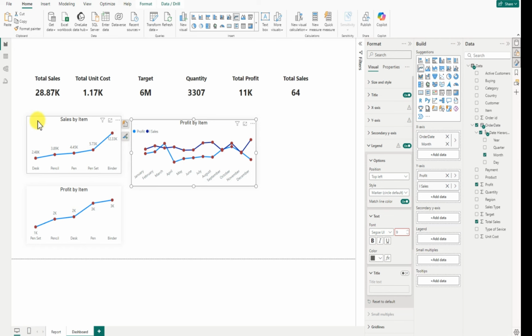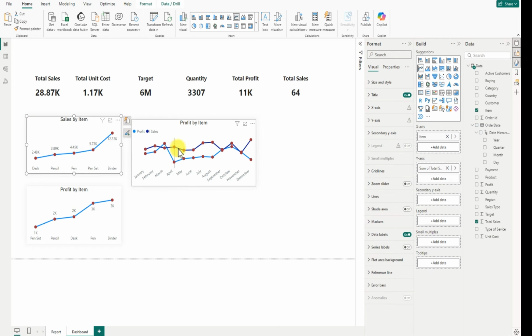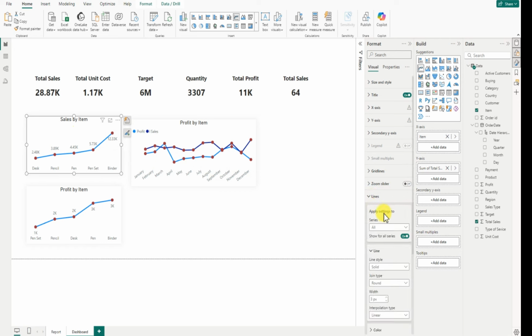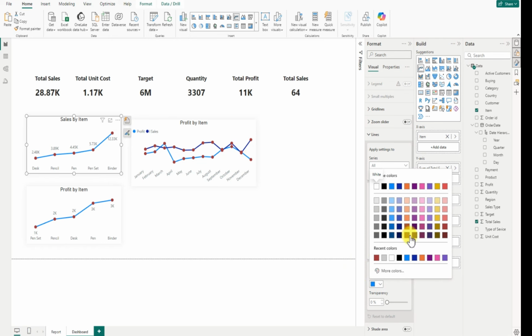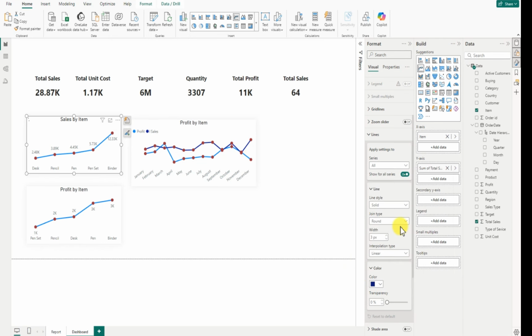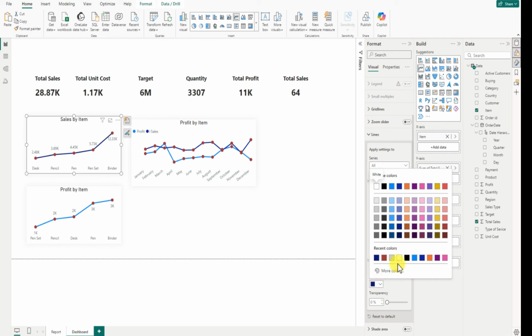So let's click on it. We want it to pick the color of this that we're having as the sales here. Then we go to, we already click on this. Let's go to our line and let's scroll down. We are looking for the color. Let's go to the color and let's look at the color that we have for this. I think the color should be this, if I'm right. Exactly. I think I'm right. Let's see another color. If it is this,